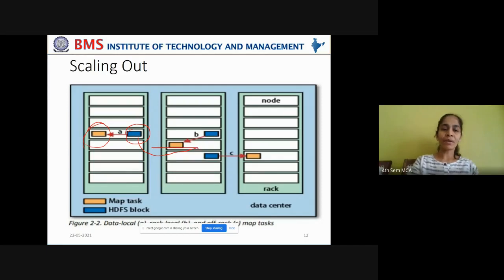Initially, if this HDFS block contains the data, this map task can be executed on that data node itself. But if that data node is busy with other map tasks, then it will go for a different node on a different rack.